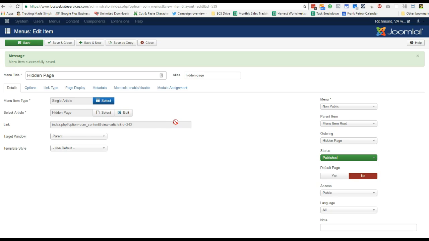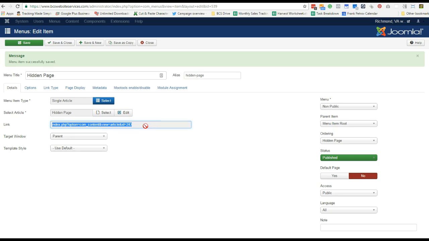Now, when we save, you'll notice that this link populates, and the link is index.php?option= and so on and so forth. We're using SH404 SEF on our website, and when we're done with this, the URL on our website is going to be hiddenpage.html, but you might find that that's not available right away. You might find that you need to access it with the system URL before the component builds that search engine friendly URL. So I'm going to show you how to work with a system URL.